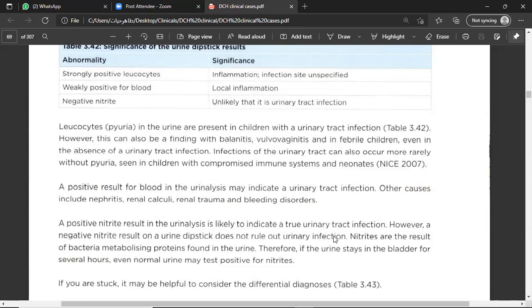And I'm telling you, this scenario came in the communication scenario in the UK in 2019. The scenario was to talk to a teenager about vulvovaginitis. Same scenario. So this scenario is important. Vulvovaginitis. So remember, leukocyte in urine may become positive in a suspicious case of UTI, but there is local